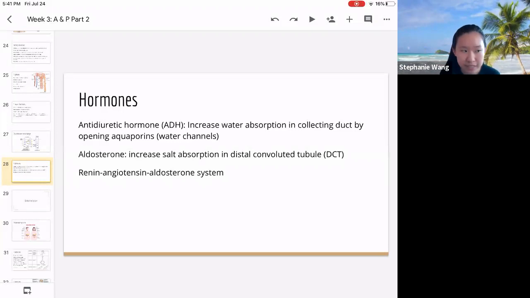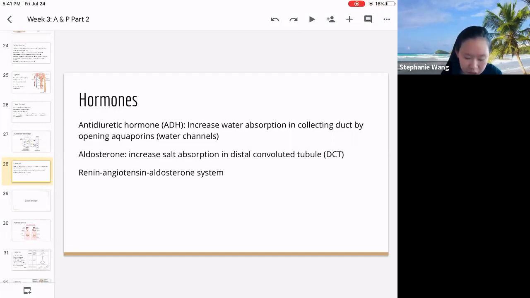The reason for this is because normally a person secretes a certain amount of urine, which has a lot of water in it, but whenever antidiuretic hormone is applied to the kidney, more water will be reabsorbed back into the body and the person will have a less than normal supply of urine, causing conservation of water.